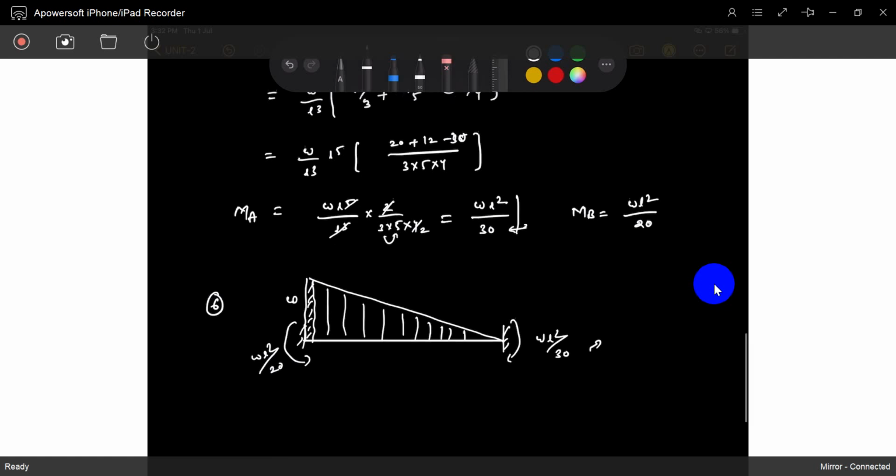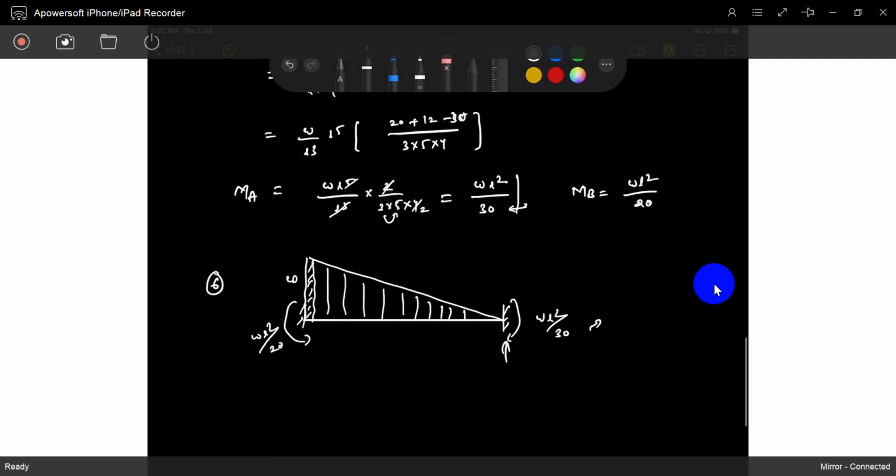Later, once you get these values, you can find out the shear force and bending moment, because we already have Fy equal to 0 and M equal to 0 everywhere. So based on the remaining two equations, you will draw shear force and bending moment everywhere. That is an easy task.